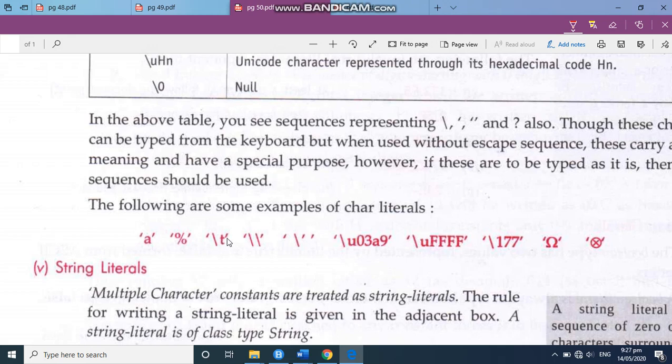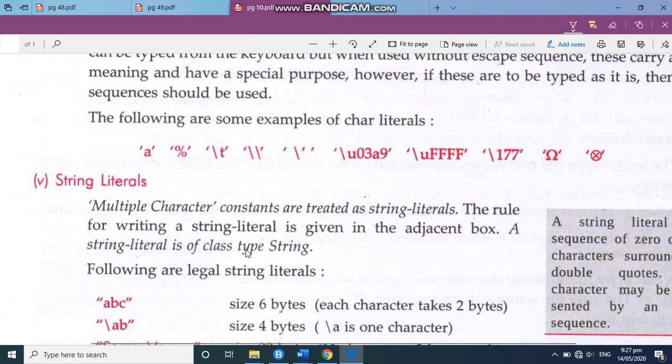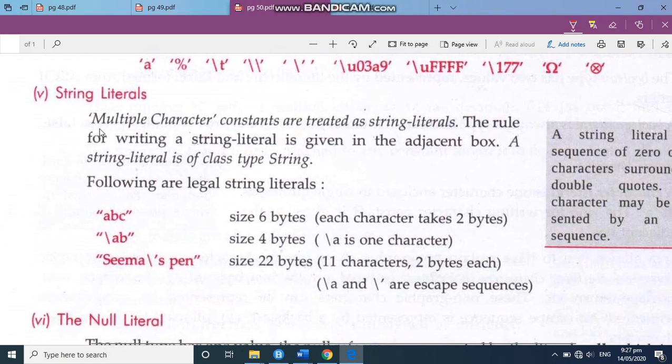Okay, see one character. Now see, this is one character. A character literal is always one character in single quotes. But you can't say this escape sequence and tab key as two characters. Any character with an escape sequence is always treated as one character. The next is the string literal. So multiple characters are treated as string characters, but they are enclosed in double quotes. Okay, so you can write this and see it's written here, they are enclosed in double quotes. Whether you have one character or more than one character, it is in double quotes.